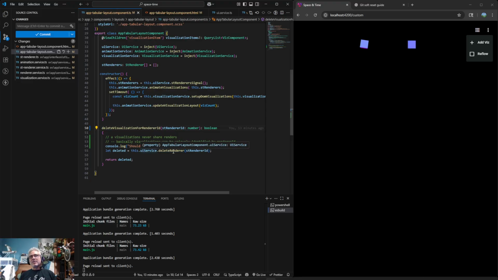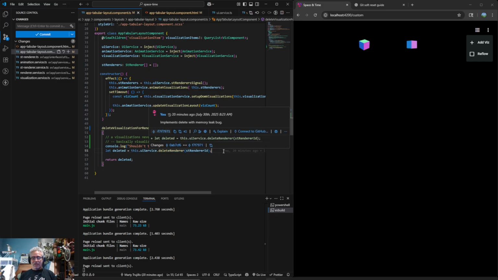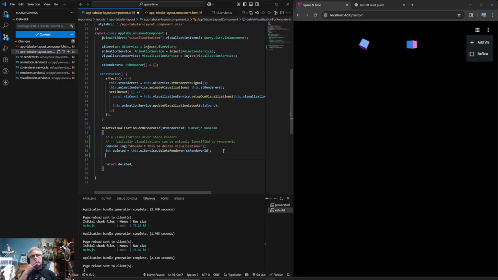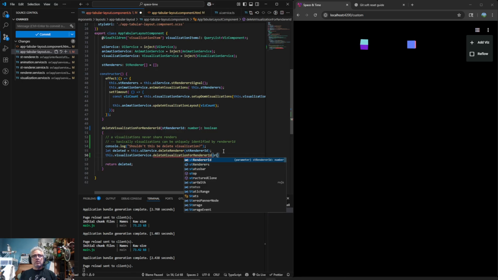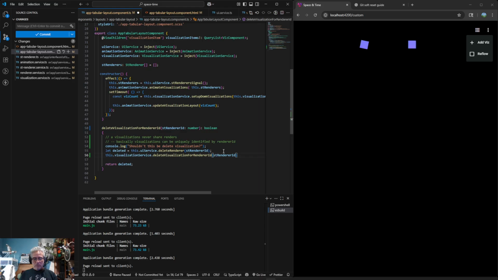Because see, this UI service has a link to the renderer, so we want to get rid of that link because we would like that renderer to not exist anymore after a little while. Service. All right, so